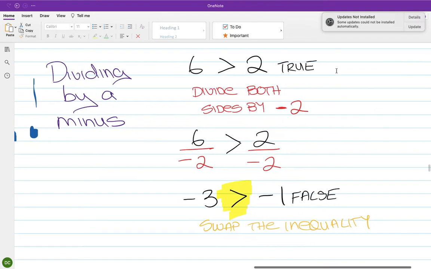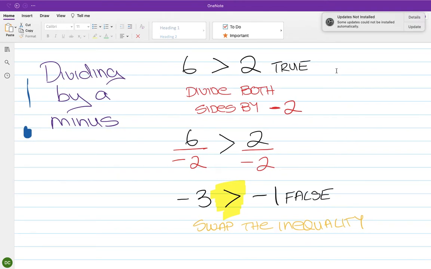When you divide an inequality by a negative number, if you don't touch the sign, the inequality will become false. It just happened. 6 greater than 2 is absolutely true. I divided it by a negative number and the inequality became false. That will happen every single time. So to keep it true,